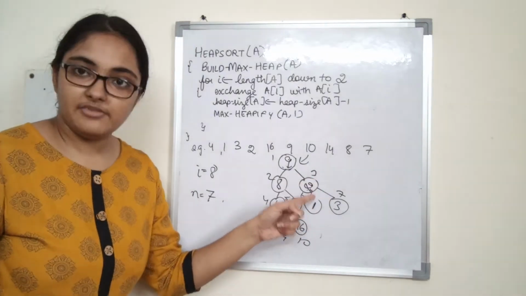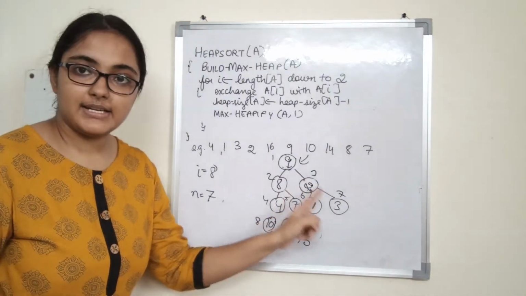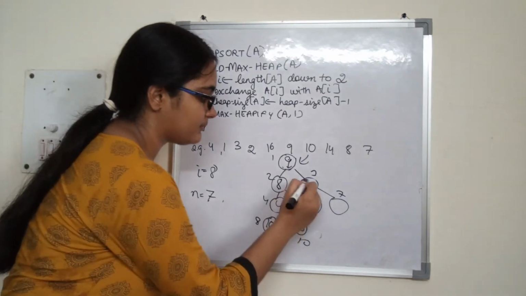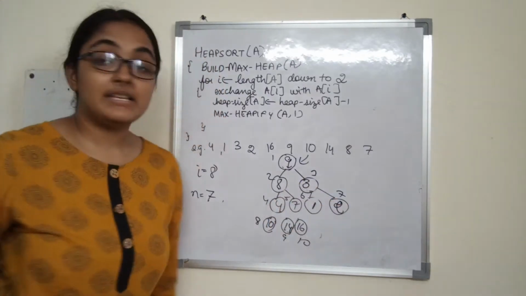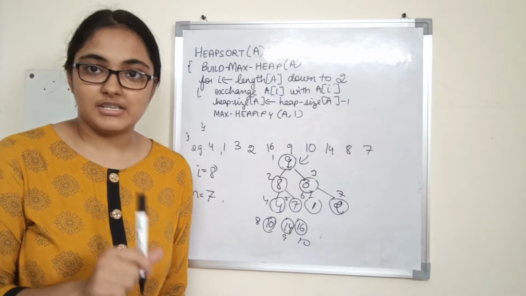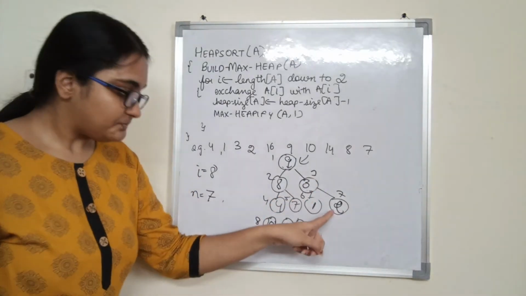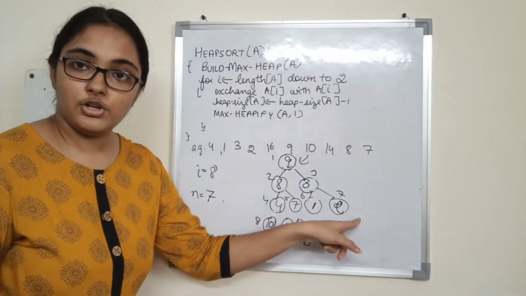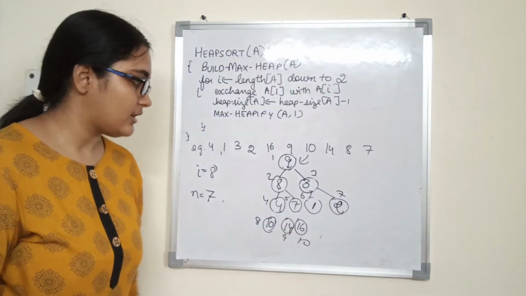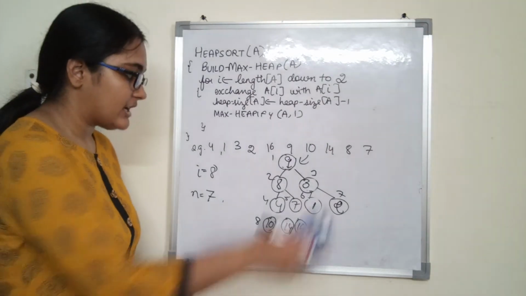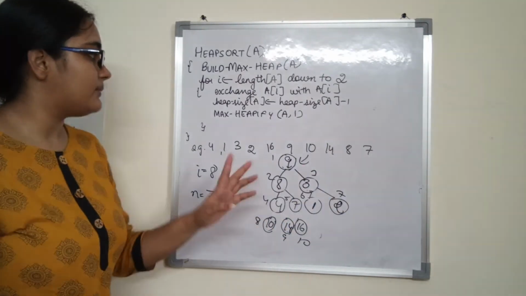Now we will call max CP5 on this. Out of 2, 1 and 3, which one is the greatest? 3 is the greatest, so 3 will come here and 2 will go there. Please refer to the max CP5 procedure that we discussed, alright. Now out of 3 and 2, when we call max CP5 on 2, what will happen? It will return just like that, alright. Now we are done with the max CP5. Now again it has converted into a heap, alright.